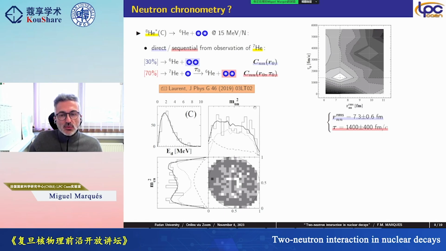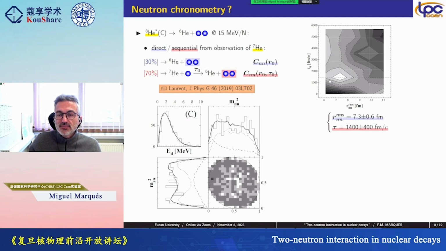And then what we did was we made a chi-square comparison between simulations and data, varying the size, but also the delay between the neutrons. And this is the chi-square plot. And you see as a function of the delay between the neutrons and the distance between the neutrons. So you see a minimum in the distance at about 7 Fermis, but you also see a minimum in the delay at about 1400